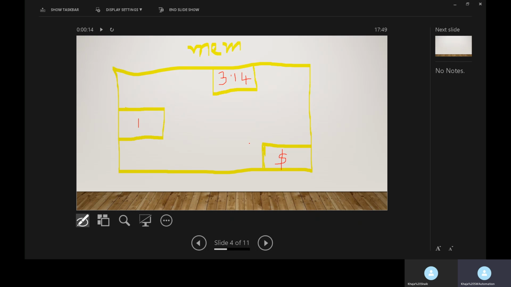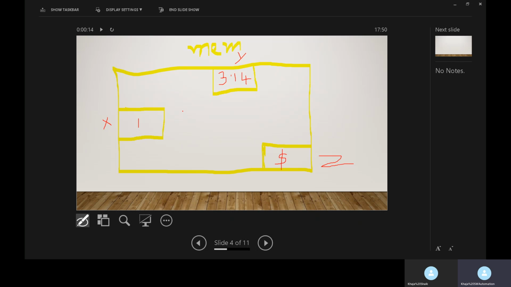To identify these memory locations, we will provide some names to them. For example, I am giving the name X for this memory location, the name Y for this one, and the name Z for this one.